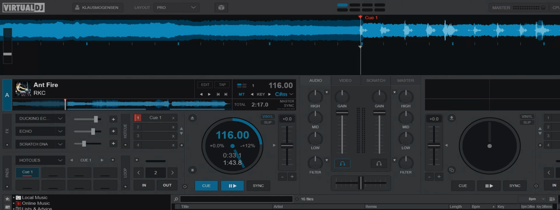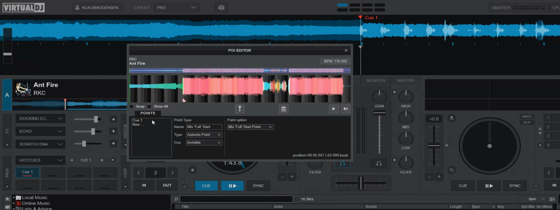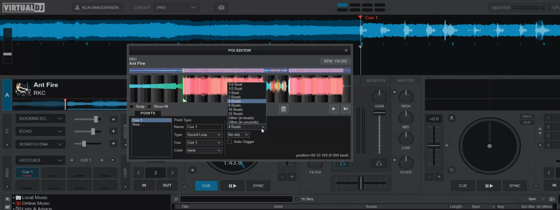So what we've been showing recently is that you can go into the POI editor and you can have a queue maybe, and you can change that into a saved loop. And then you get some options on it, like you can change the name and color and stuff, and how it's marked, and if it should be put into a slot in the saved loop, and how long it is, and if it's to auto trigger and rename it, like I said, and all this kind of stuff. And I can see why that's quite a task, but you don't need to do all that stuff.